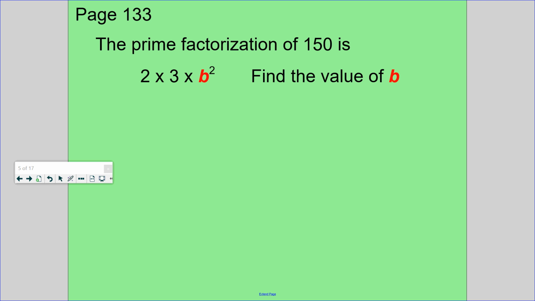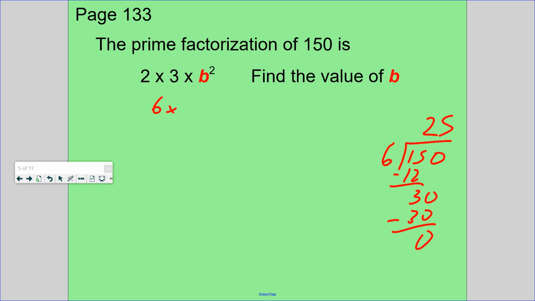And then what? The prime factorization of 150 is 2 times 3 times what? What prime numbers make 150? Well, first of all, 2 times 3 is 6. 6 times what is 150? How many groups of 6 go into 150? 6 goes into 15 2 times. 6 goes into 30 5 times. So